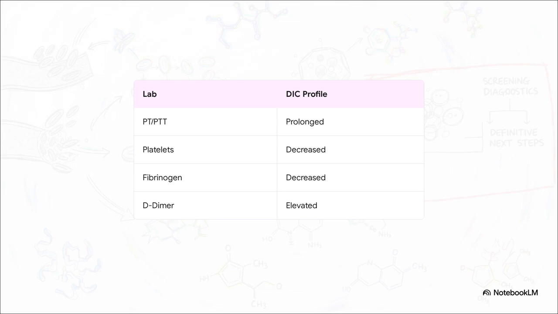Disseminated intravascular coagulation, or DIC, maps as total systemic chaos. It's a massive consumptive coagulopathy. The simultaneous consumption of platelets and clotting factors causes your patient to bleed and clot at the exact same time. Your systemic laboratory profile is going to be universally deranged. We're talking prolonged PT and PTT, profound thrombocytopenia, exhausted low fibrinogen levels, and a highly elevated D-dimer from all that